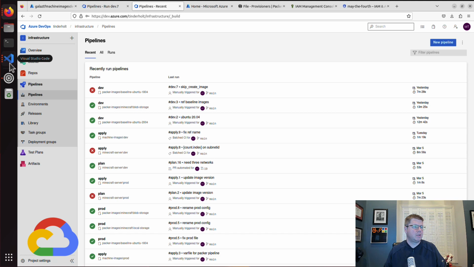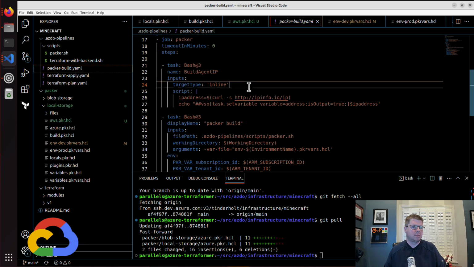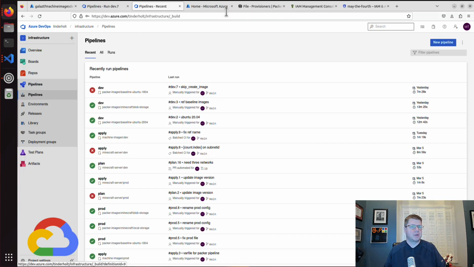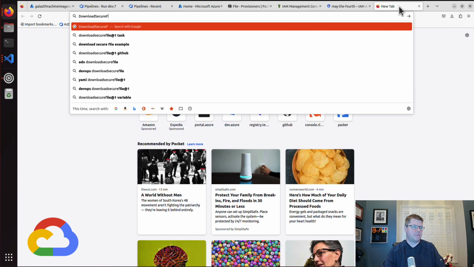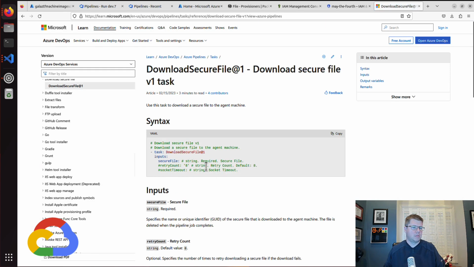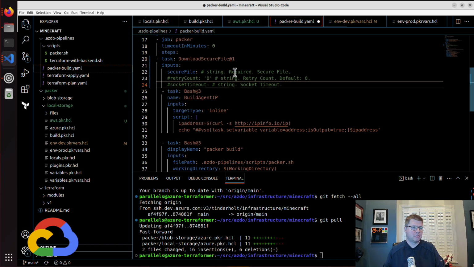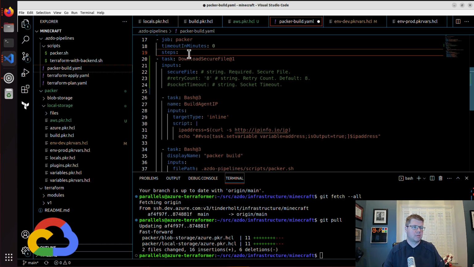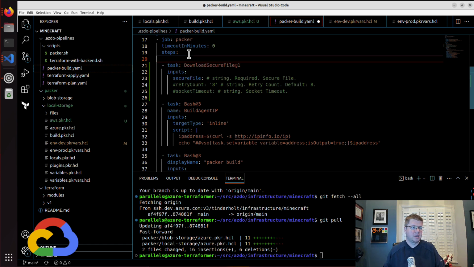Now what I need to do is update the Packer build to include the secure files. There's an Azure DevOps download secure file task, which I'm going to need to add to my steps in my Packer build. And this is going to bring in the